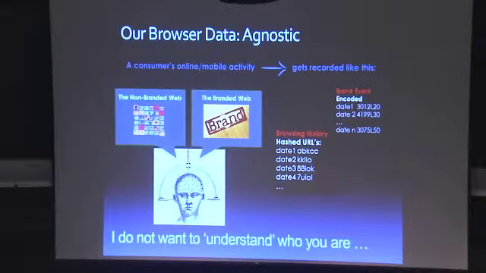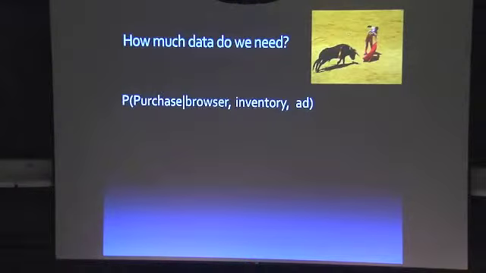On the other side, I know who bought what, which I'm going to use as my target variable for building models. So in an abstract sense, and we had a lot of discussion about understanding and communicating, I have no interest in understanding what you're doing. I don't want to know who you are. I don't want to know where you live or your age. I'm just going to hash all the information and associate it with a random identifier that helps me re-identify this same abstract identity that you have.